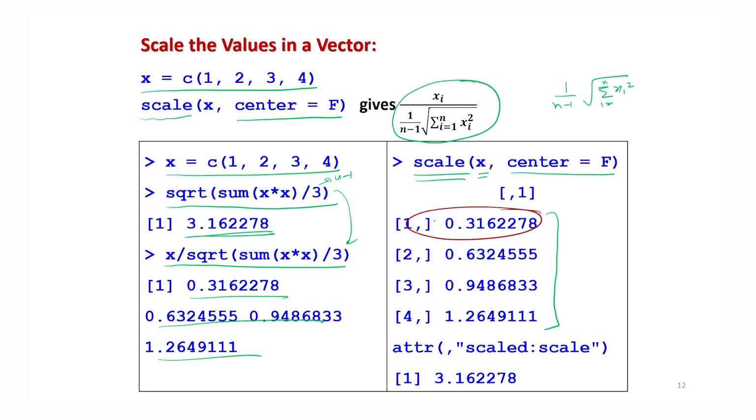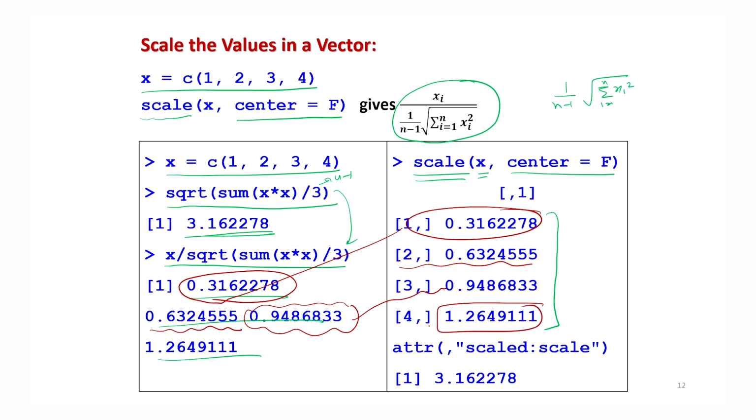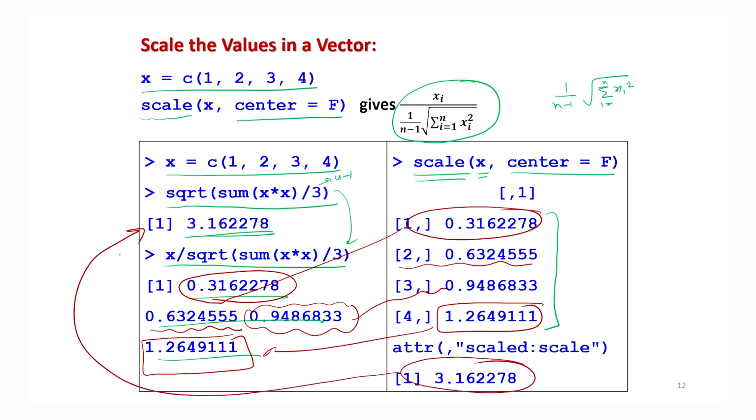The first value is matching with the first value, the second with the second, the third with the third, and the fourth with the fourth, right? And this quantity scale is matching with the square root of the sum of x into x divided by 3, right? So you can see that the same thing has been done here without any problem.